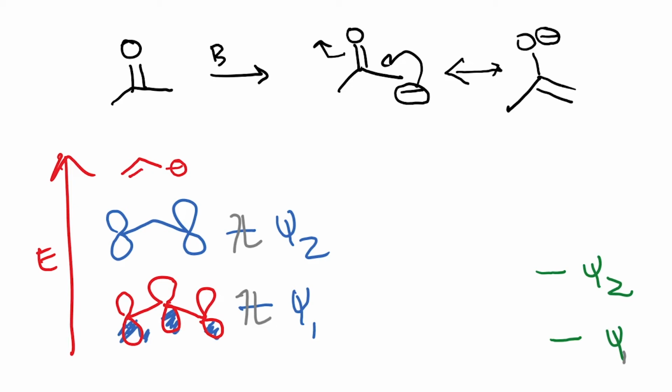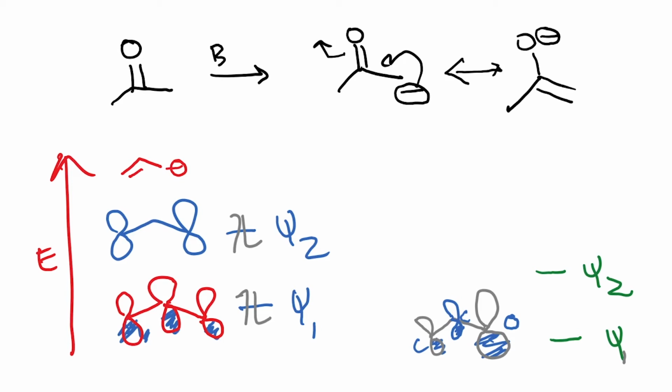Okay, now being an electronegative atom, we've also seen previously that this distorts the orbital picture substantially, and so the picture is going to look something like this, where you have a much larger lobe for oxygen and a smaller lobe for carbon. You need to look at your textbook for the more accurate picture, but I'm just drawing this so that you guys understand. So this is the oxygen and this is the carbon. Okay, so this would be my psi1.